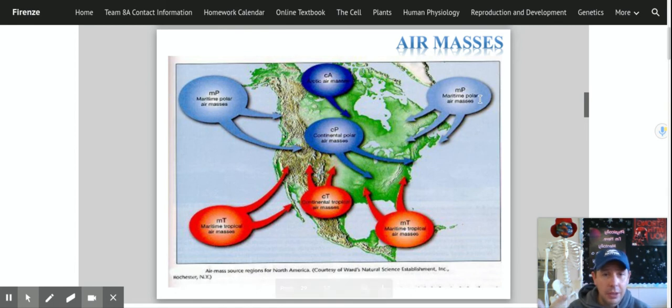That's a polar climate. So maritime polar, here's a cold, moist air mass here. Maritime tropical, okay, formed over the Gulf of Mexico. Formed over water, it's wet. Formed in a tropical area, it's warm. So wet, warm air, okay, that would come up the coast, all right? So these are your maritime air masses.